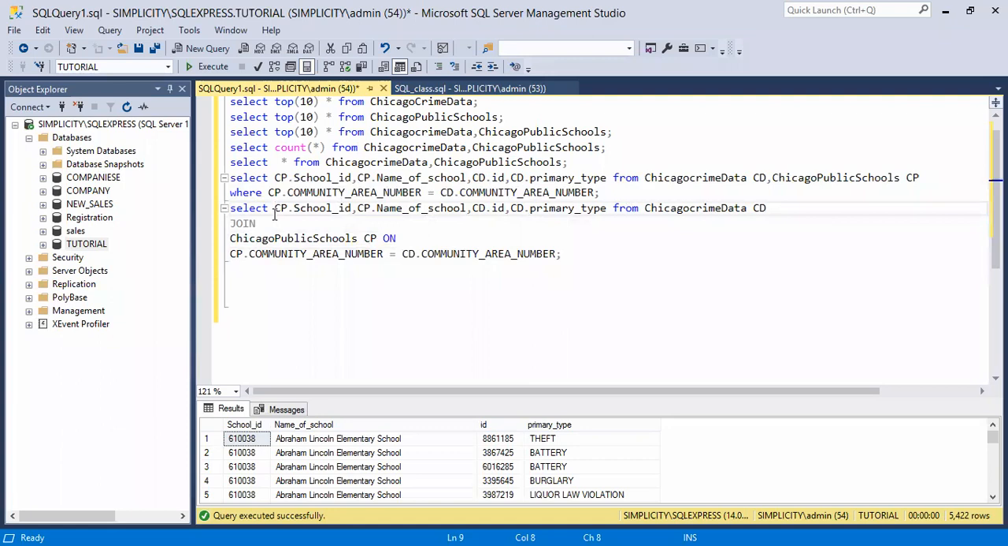So these are the columns we want to print out. Our ID is from Chicago Public School. Our school ID is from Chicago Public School. Our name of school is from Chicago Public School. Our ID is from Chicago Crime Data. The primary type is from Chicago Crime Data. So we are dealing with two tables now. Now you say from Chicago Crime Data CD, which is my first table, join